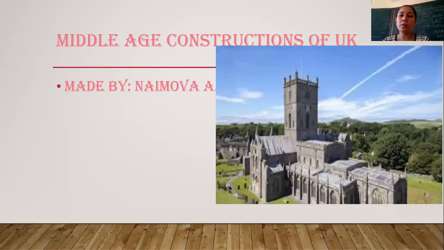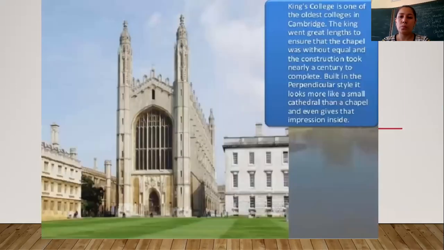So today we will see the topic, Middle Age constructions of the UK. Our first slide was dedicated to the construction of King's College. As you see in the picture, it is the frontal photo of the building. It is one of the oldest colleges in Cambridge, so the king went to great lengths to